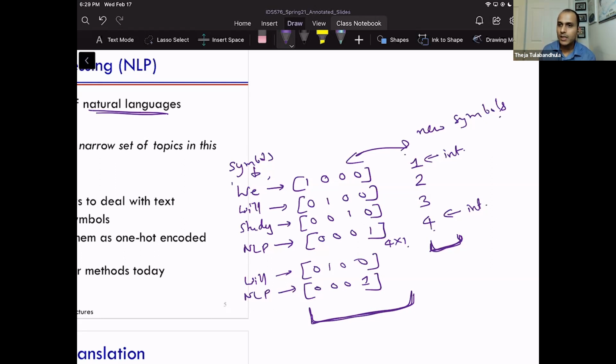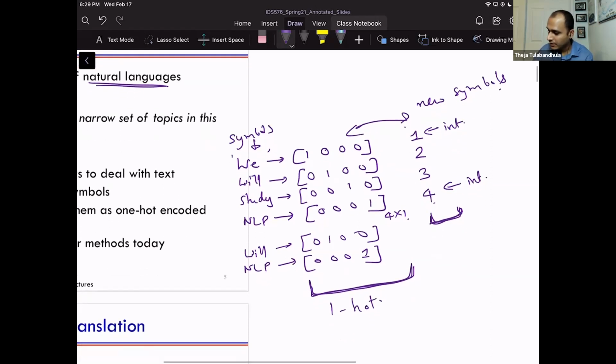This encoding, the one-hot encoding, is not really very useful, in the sense that, for example, if I look at,